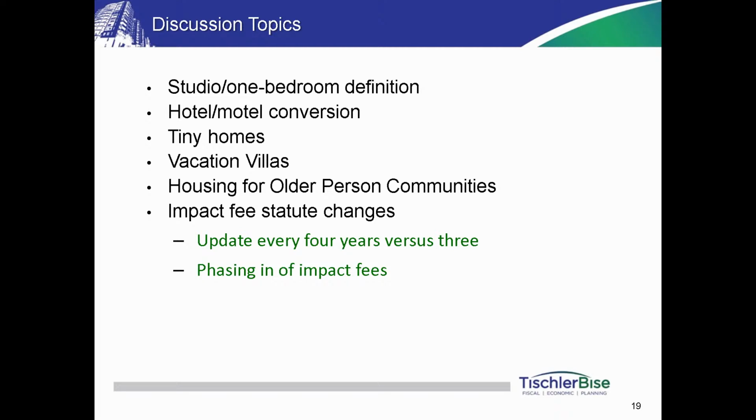But one of the things that we don't have a real firm grasp on is what they generate in terms of school kids. It's all over the map. Vacation villas, the classification you have here, housing for older person communities. And then there's also been, and I'm sure you guys have been keeping abreast of this, some